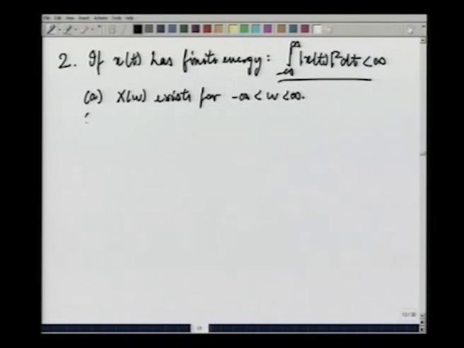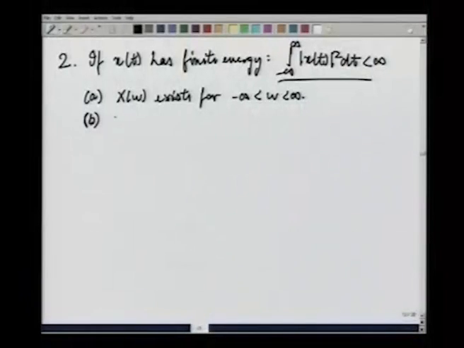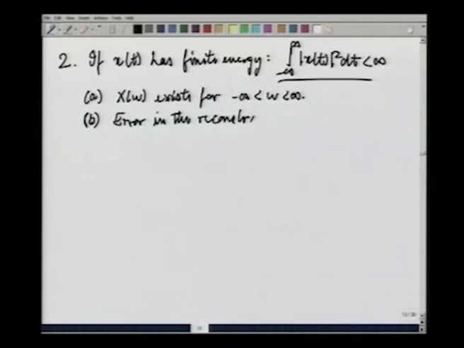Second, the error between the reconstruction and the original signal x(t) has no energy. That is to say, well, let us write this down. The error in the reconstruction has no